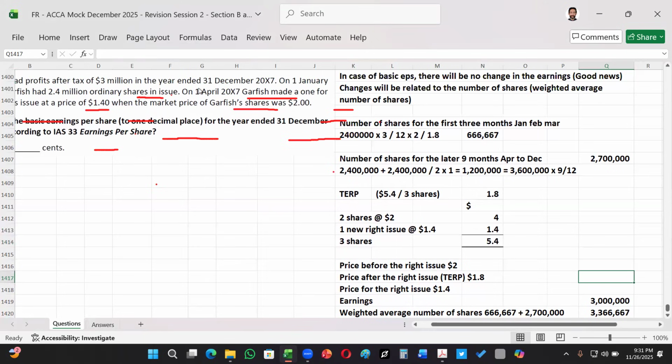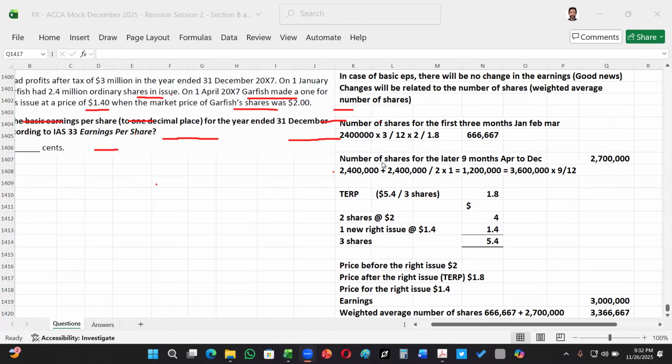Yes, what is the question? I always get confused when calculating the number of shares. For the first 3 months we multiply by the first 3 months, and then multiply by 12. And then what we get there, the same 2.4, we also add it here again. Please just explain to me only this part, where we're allocating the time. That's where I get confused mostly.